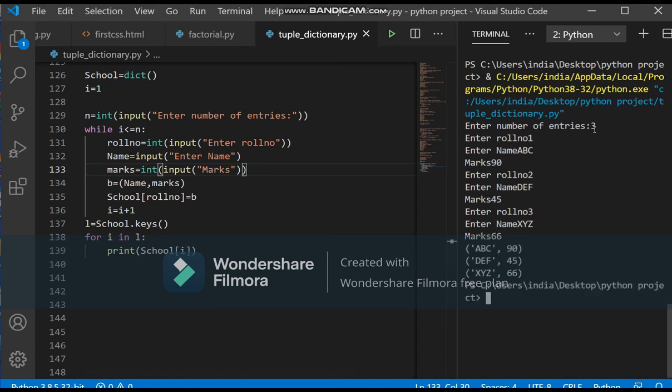When you press enter, automatically the data will be stored in the format of a dictionary, because we have already written it like that. So these were all the functions, methods, and the details for how you can define and declare a dictionary, how data is stored, and how you can access and traverse the data.